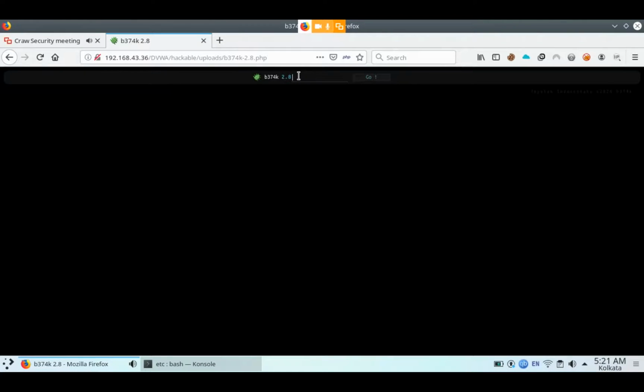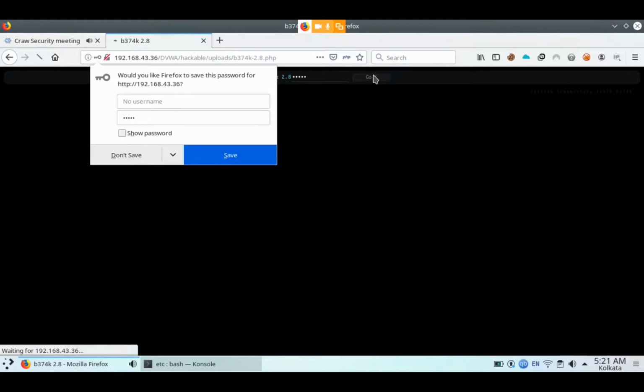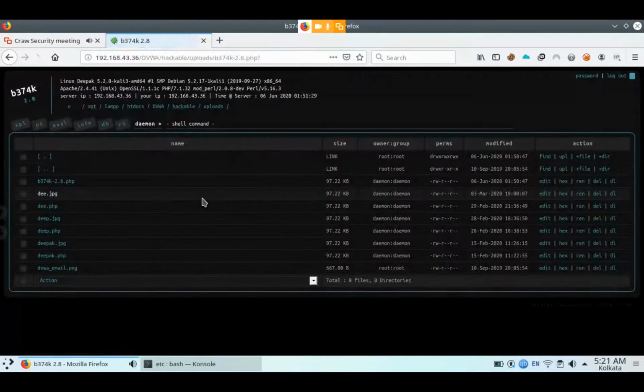Here you have to type the password. The password is the same, B374K. After that, go. Then you can see all the files located in my DVWA folder.